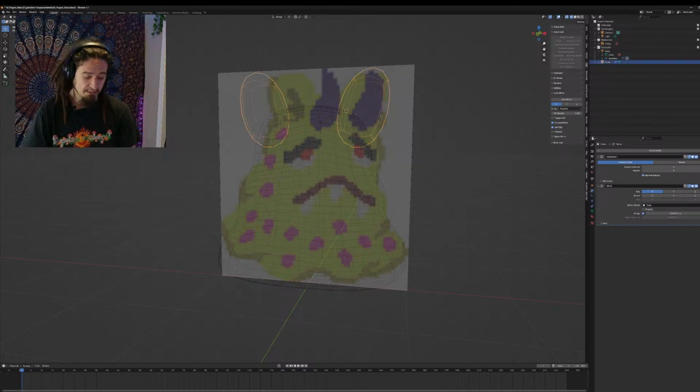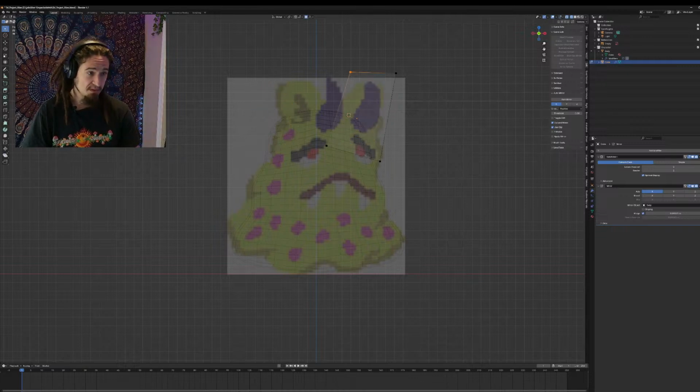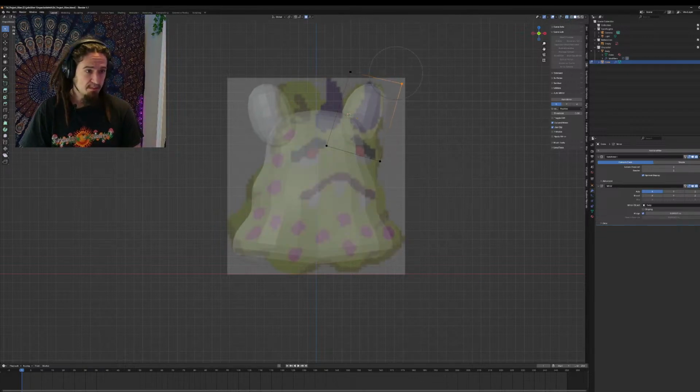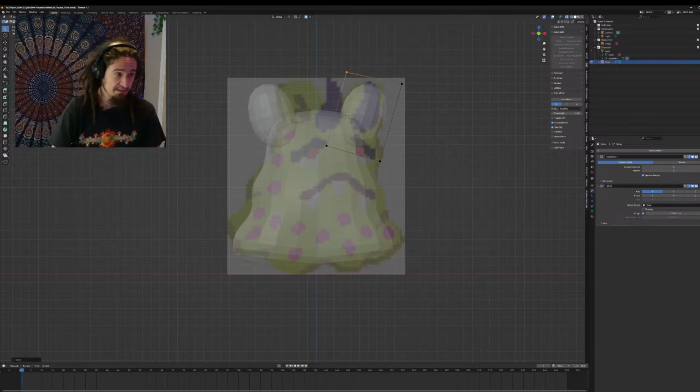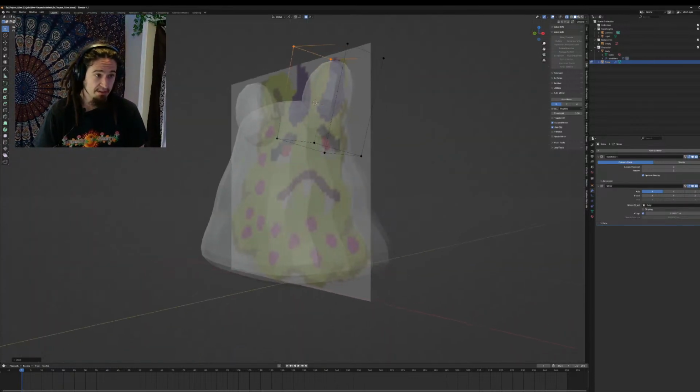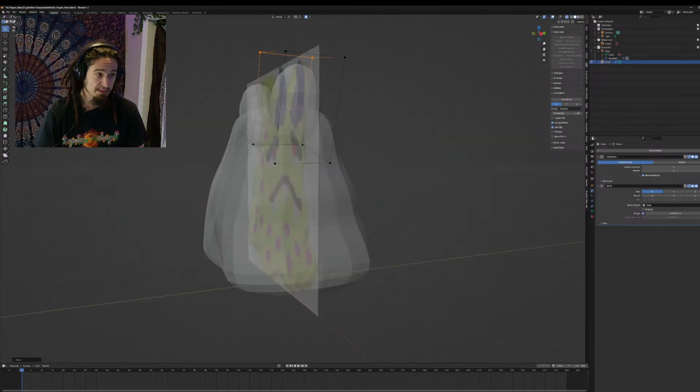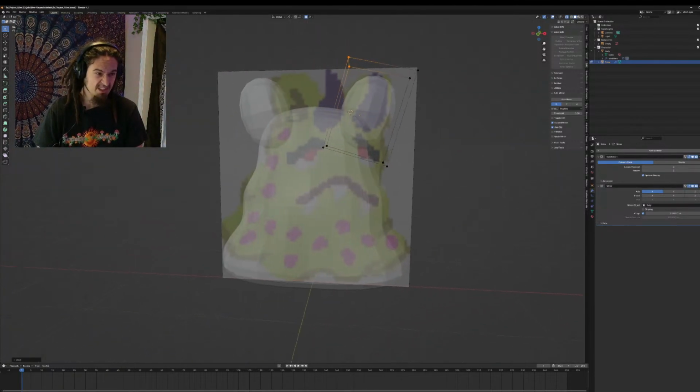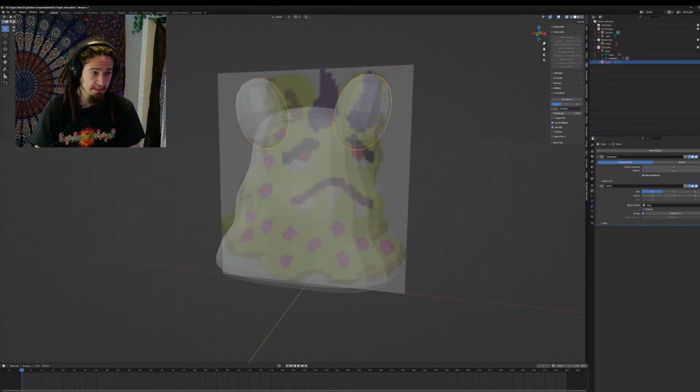So I feel like maybe rounding it would feel a little bit more natural. So we'll bring this down a little bit, round it out. That'll be okay. And then, yeah, we'll deal with most of the details in the sculpting. Okay, so then let's check out